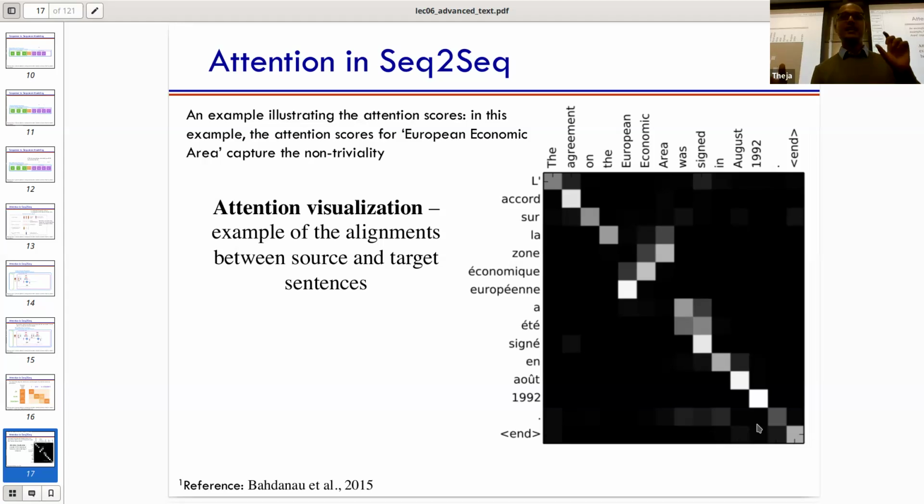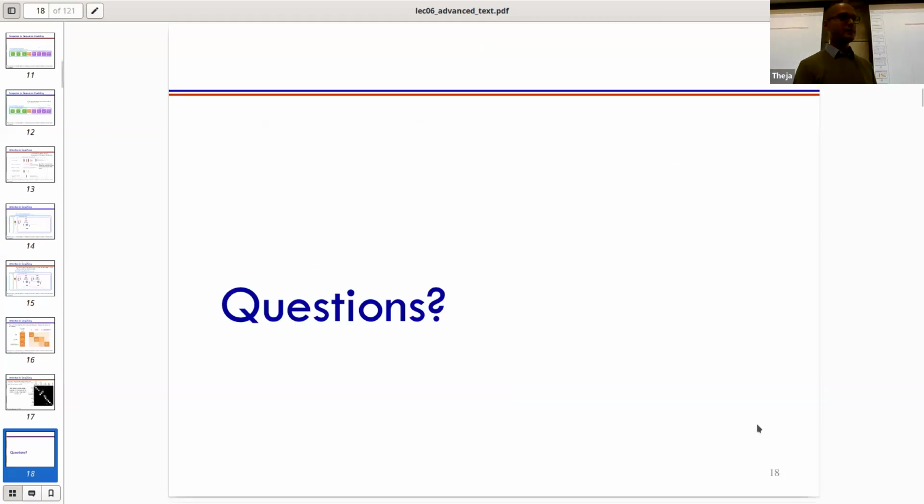Obviously you can't interpret the hidden vectors themselves, but you can interpret the weights in this example. So there is some amount of interpretability, and this is a good tool. Just like we had some interpretability or diagnostics of CNNs, this is an example diagnostic tool that you can use, except that it's not really scalable, in the sense that you have to take an example and look at the attention weights to get a feel for whether attention is helping or not. Those two were just complementing the previous deck.